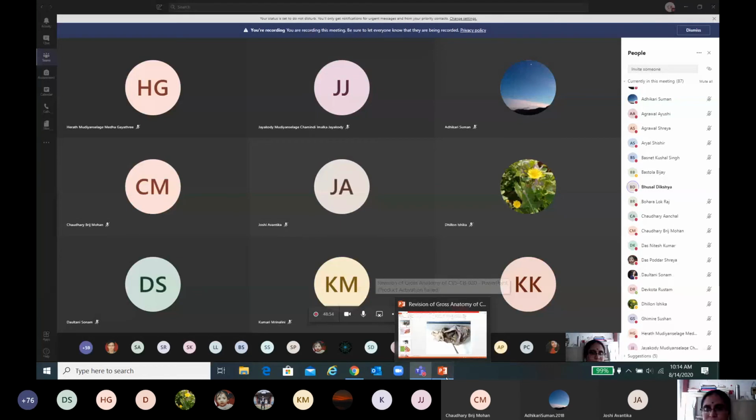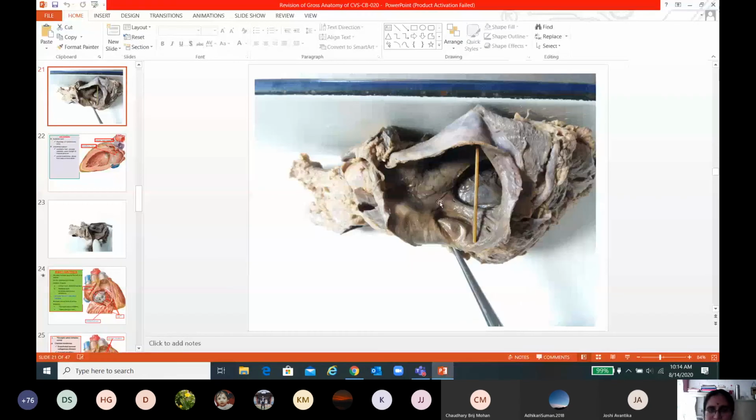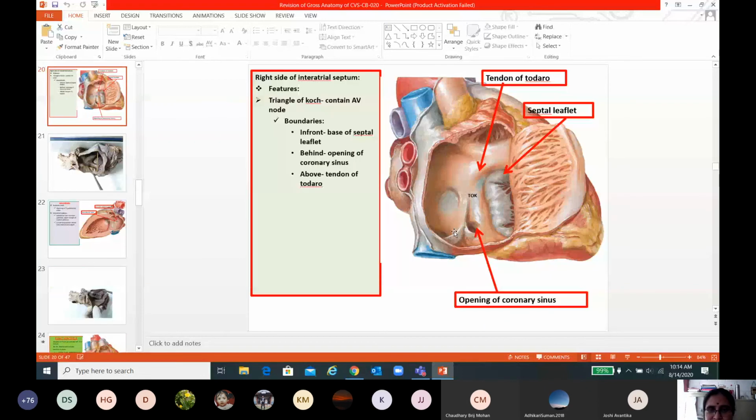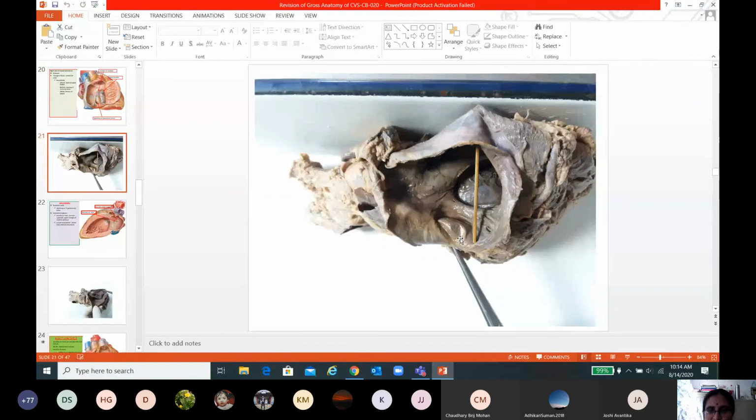Yes, ma'am. Okay, Diksha, are you able to see the slide? See, I am changing the slide now. Can you see this? Yes, ma'am. Okay, identify the arrowed part of the viscera, mention its source of development and embryological significance. Ma'am, it's the fossa ovalis. It's developed from... Very good. What is the source of development? Septum primum. Very good. And what is the embryological significance?